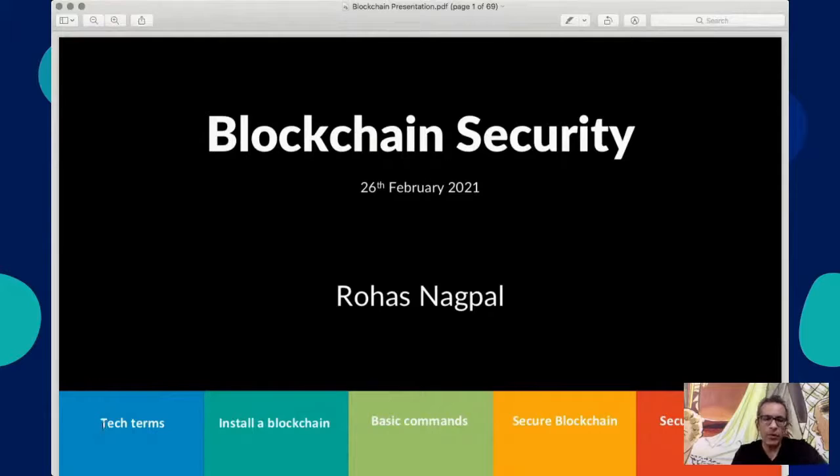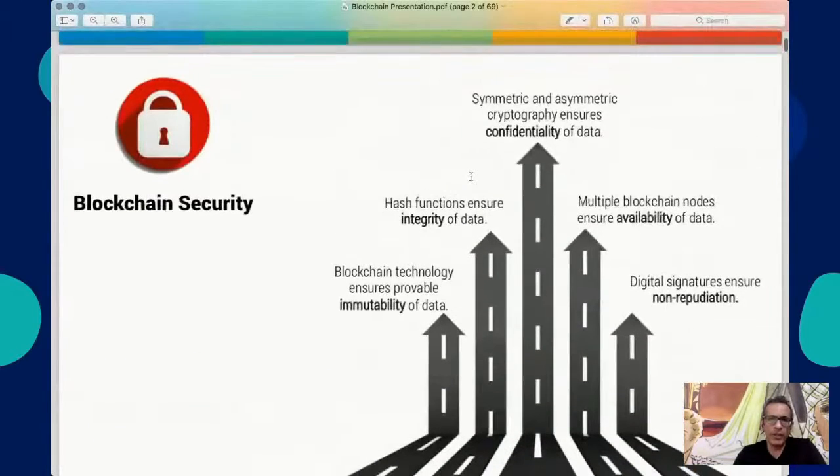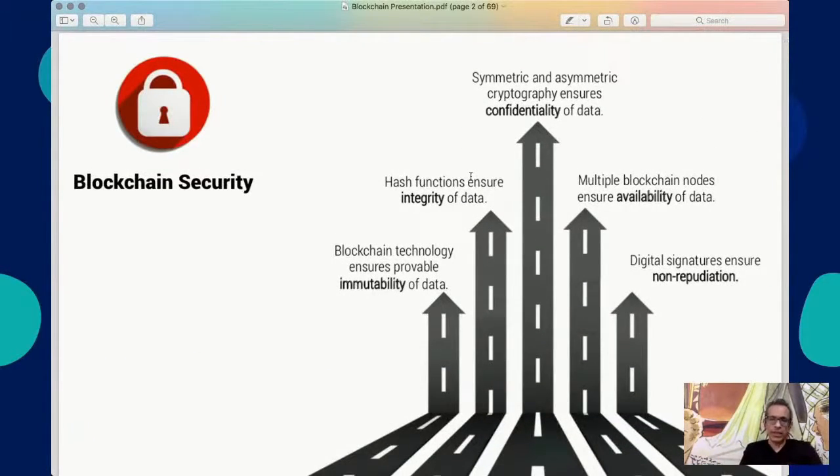What we're going to do is I'm going to begin with the tech terms around blockchain, then how to install a blockchain, some basic blockchain commands, and then we are going to discuss how to secure them as well as the security controls. Now, when we talk about blockchain security, there are actually 5 different elements that we need to